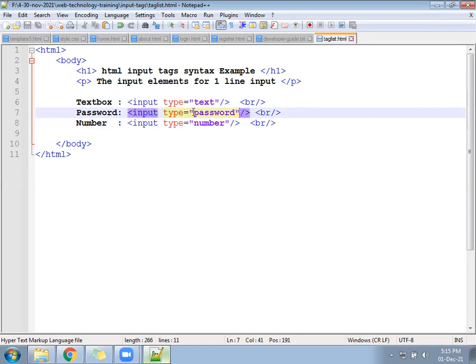Hope written. Check now. All three should go to the new line.